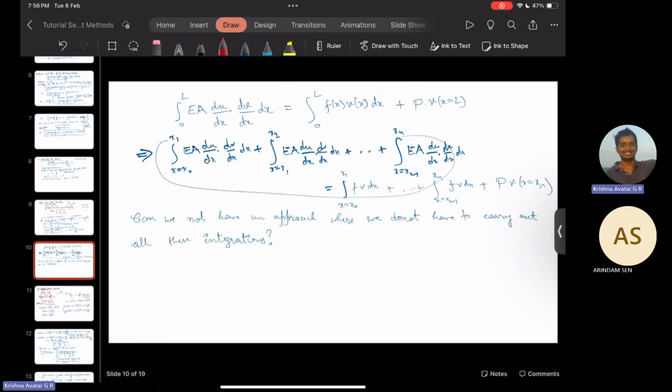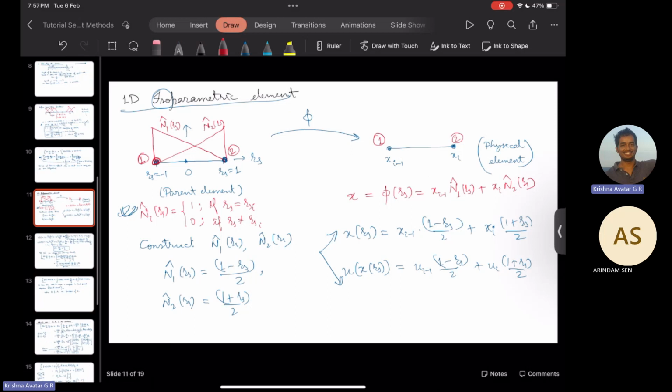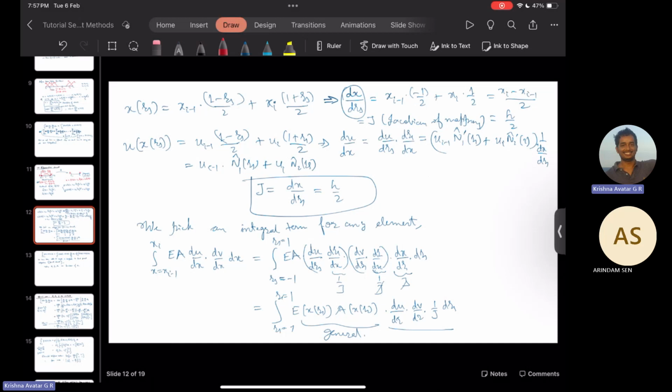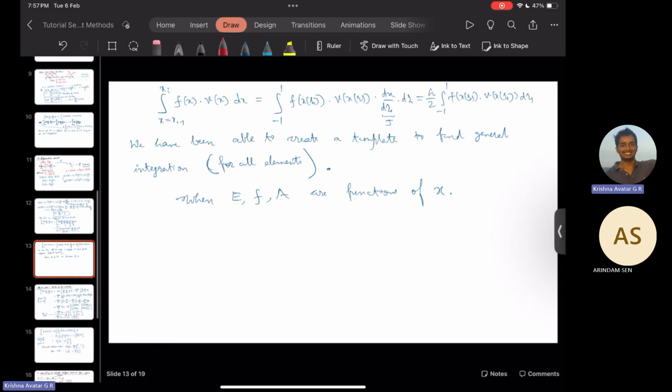And then we went in search of a generic template to carry out the innumerable integrations that we have here. For that, we introduced the concept of parametric element, the 1D isoparametric element. Then we found the shape functions and determined the Jacobian of mapping. Then we picked an integration, where the integration involved integration over the parent element. And then it was for a generic